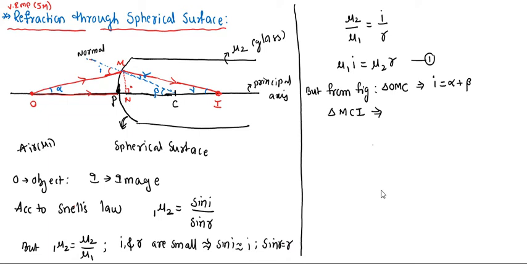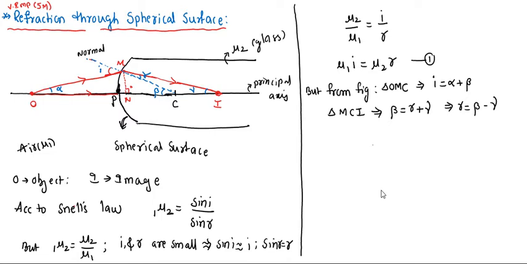Yes, you take the MCI triangle. In that, the internal opposite angles are r and gamma, and the external angle is beta. Then the external angle is equal to the sum of internal opposite angles. You see the MCI triangle in the figure, right? This is M, this is C, and this is i. Okay, the sum of internal angles is r plus gamma. Is it okay? Yes, sir. Right. r is equal to what you will get from this? Beta minus gamma. You see here in equation 1 we require i and r.